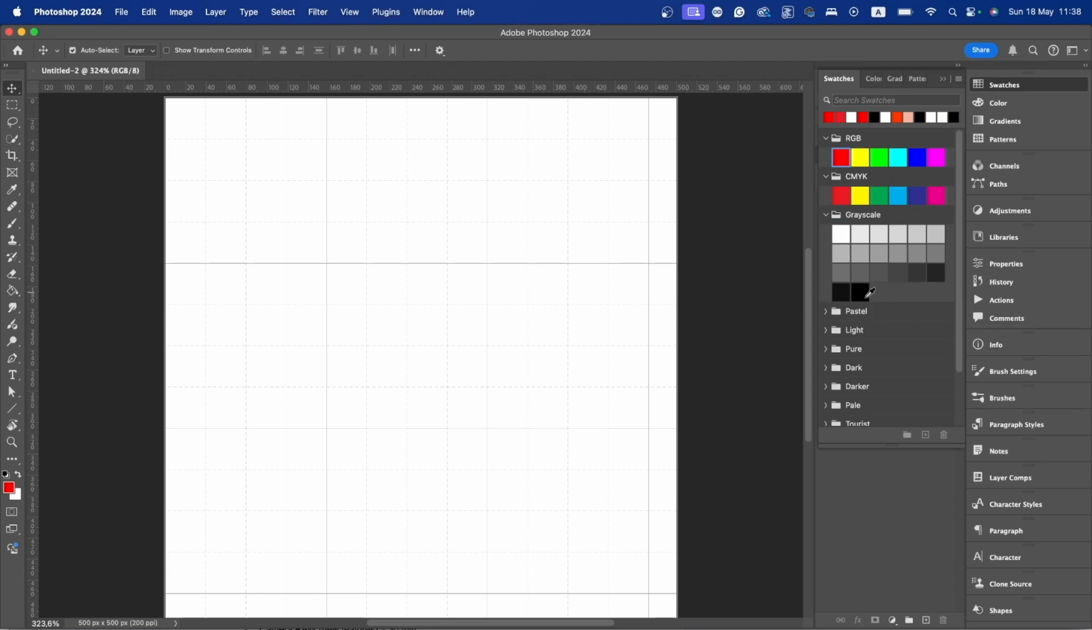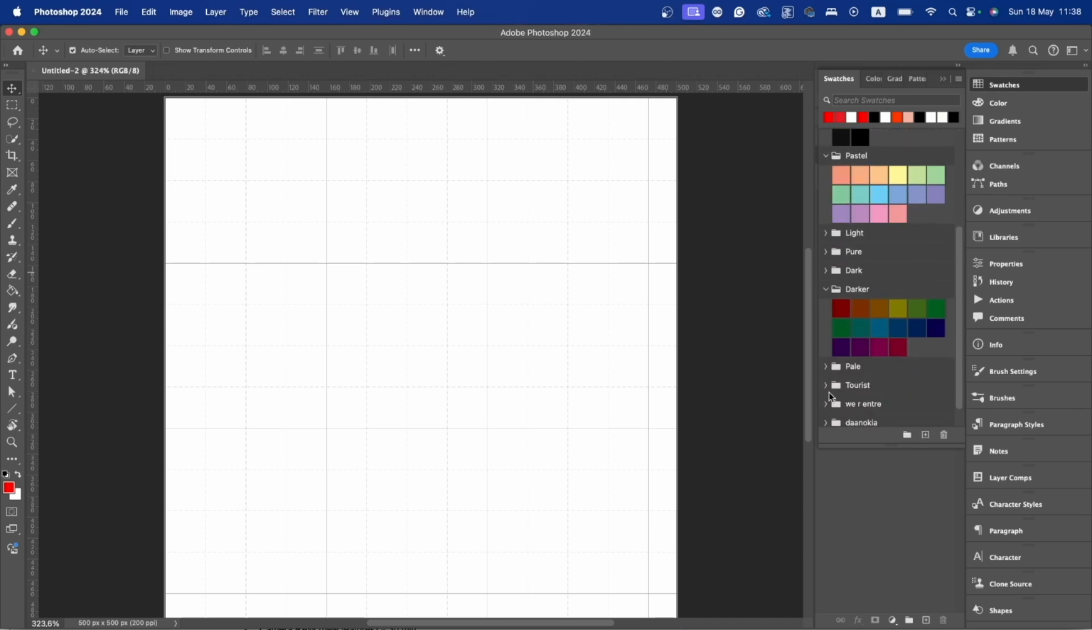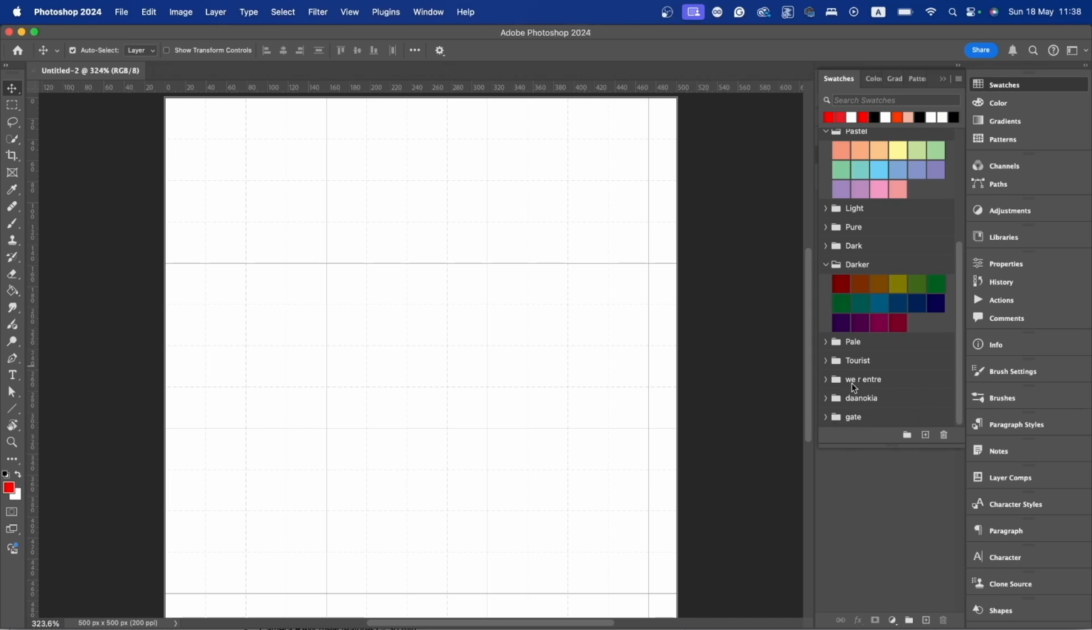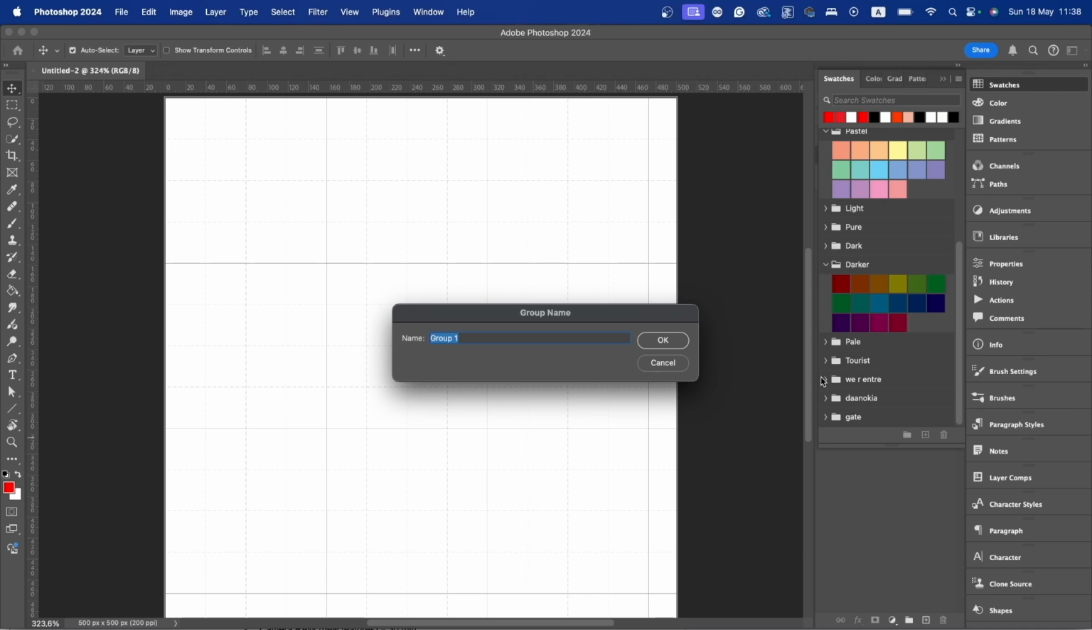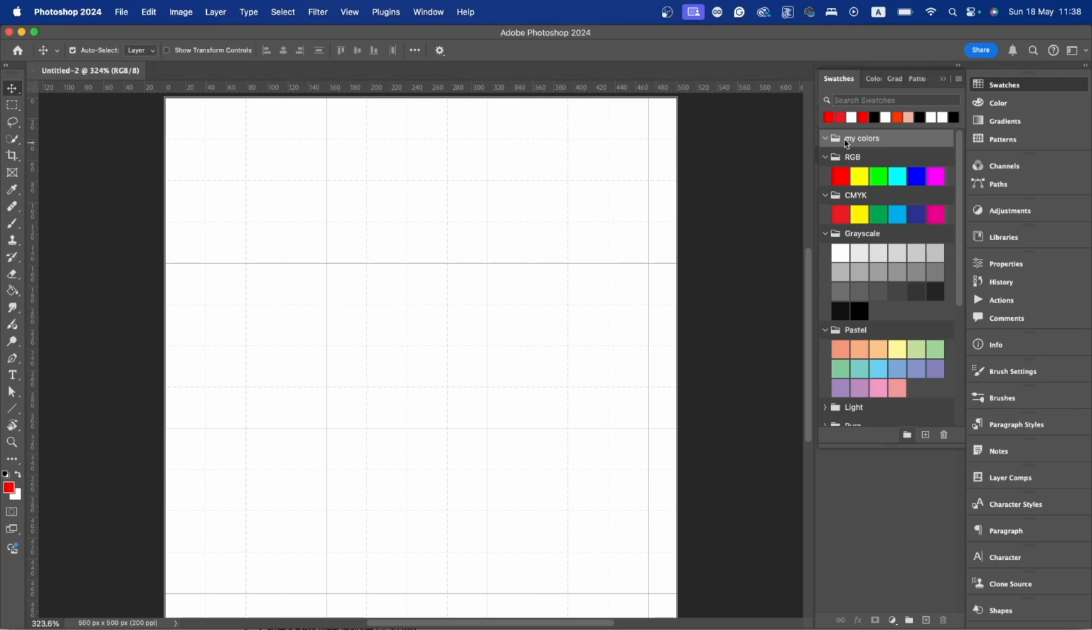Grayscale is just black and white. You start all the way from black to white and anything in between. We have pastels, light colors, darker colors, and all that stuff. You can make your own color palettes by clicking on this group icon. Let's call it My Colors, hit OK,